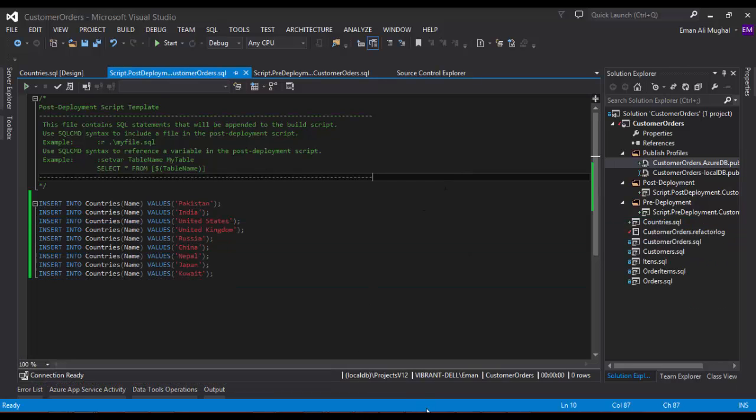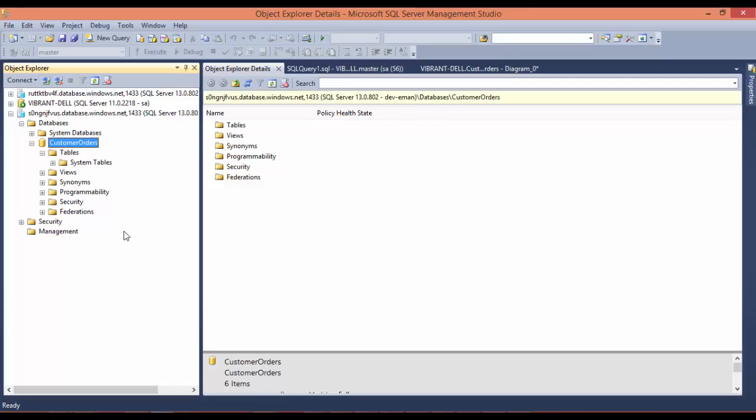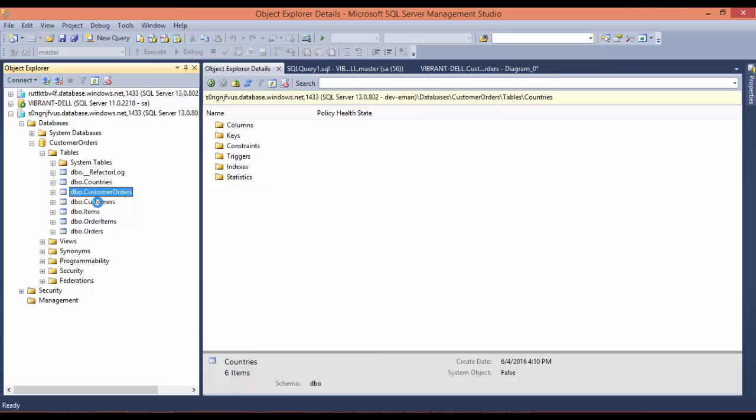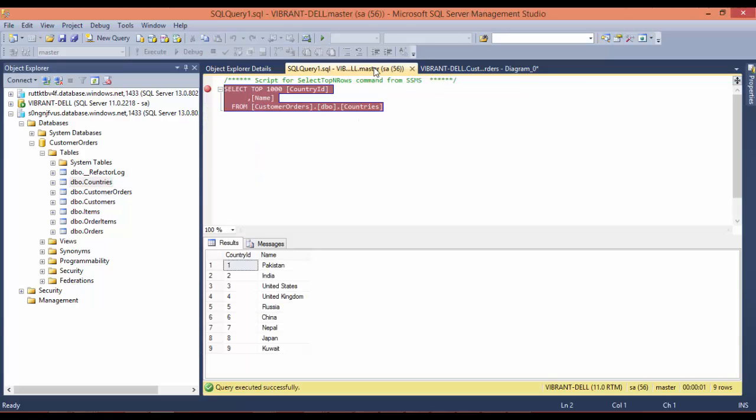So now if we go to our management studio and refresh this database, as you can see, these tables are getting added in the database. And if we see the countries table,